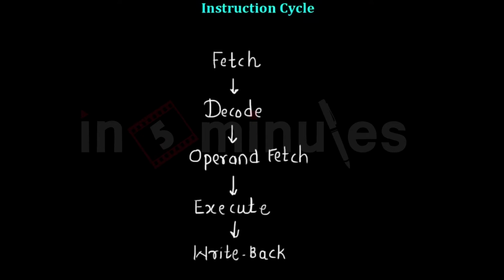In this video, we are going to talk about the instruction cycle and the different steps that are performed during instruction execution. We already know about these steps. These are fetch, then instruction decode, then operand fetch, then execute, and finally the write back stage, in which the data is written back in the memory. So now let's see the complete state diagram of the instruction cycle and see how these steps are executed.